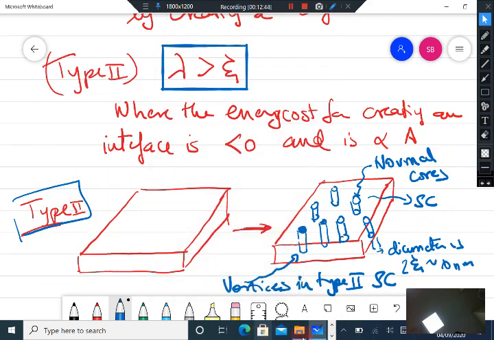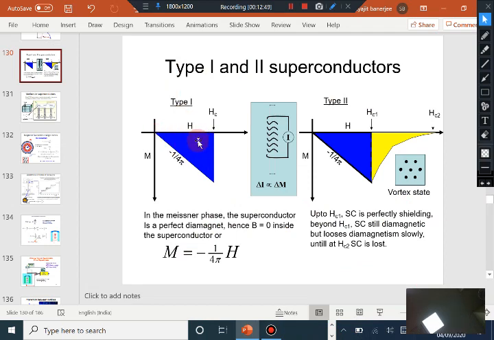Let us look at type 2 superconductors. Type 1 superconductors are like a perfect diamagnet, and they lose superconductivity at the critical field. In type 2 superconductors, up till the lower critical field, the magnetic field that you have applied is not sufficient to generate vortices inside the system. So the system remains like a perfect diamagnet. No normal regions are generated. But the moment you exceed the lower critical field, the system gains sufficient energy to start nucleating these normal cores